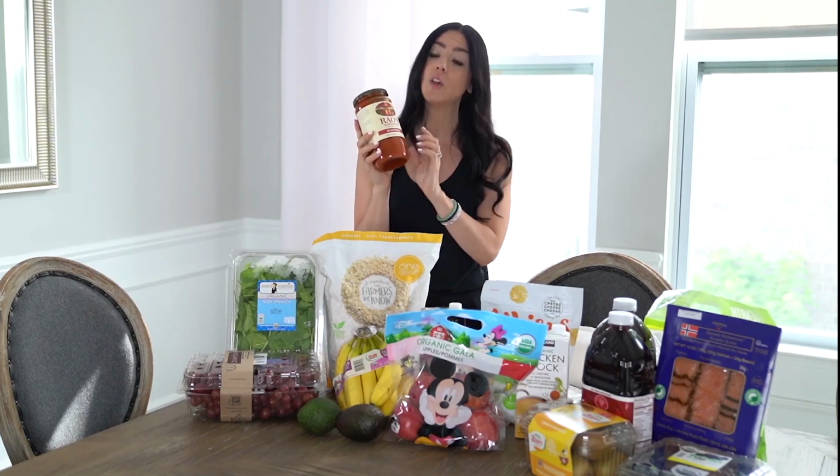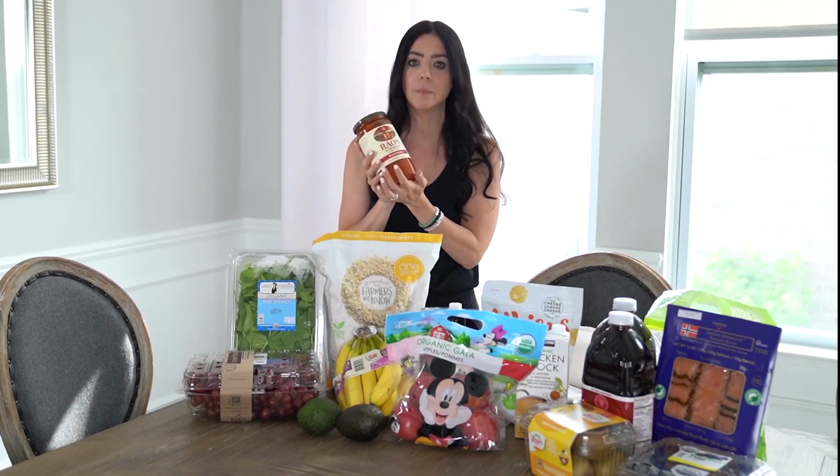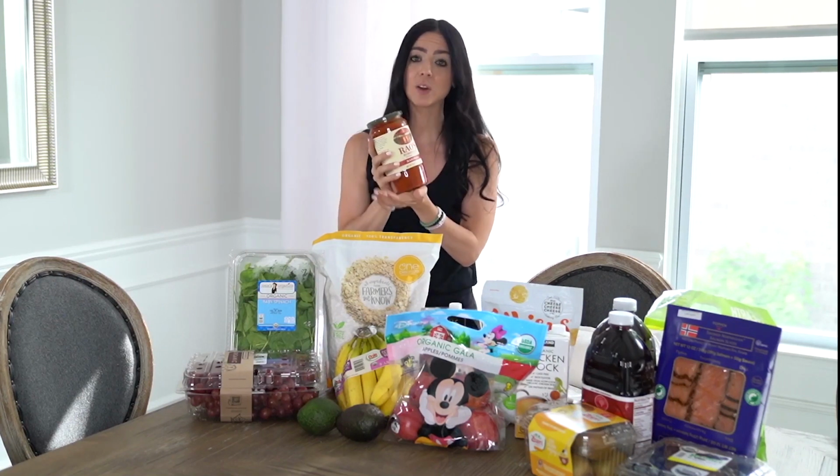However, they do peel off the skins of the tomatoes, which hold most of the pesticides. So it's one of those things that for the flavor and for the taste and for the ingredients that I'm adding to it, like zucchini and those delicious chicken meatballs that are so nutrient dense, I kind of give this one a pass because it is so yummy. And when you're using gluten-free noodles, and sometimes they don't give the same texture and taste of regular spaghetti, using a high quality sauce is a great kind of workaround to get your family, even your husbands, I'm telling you,